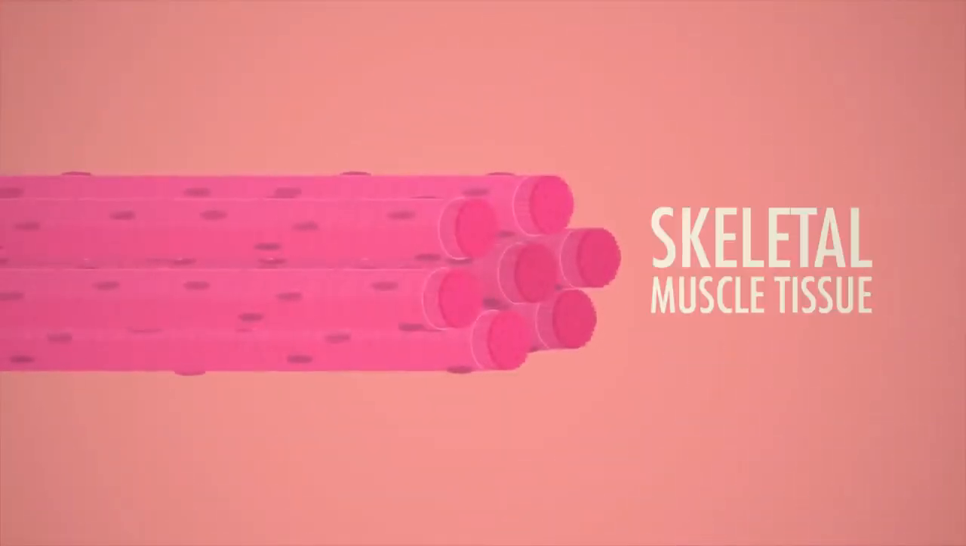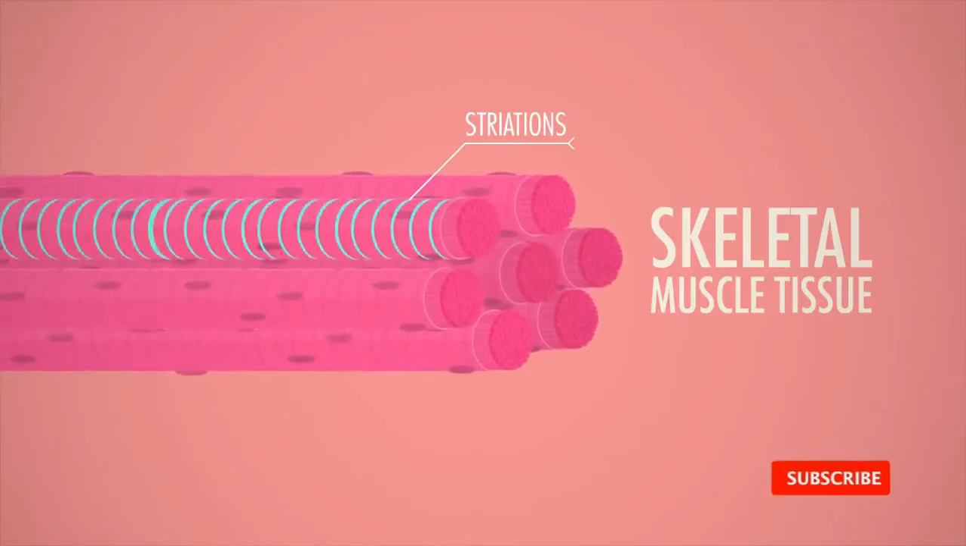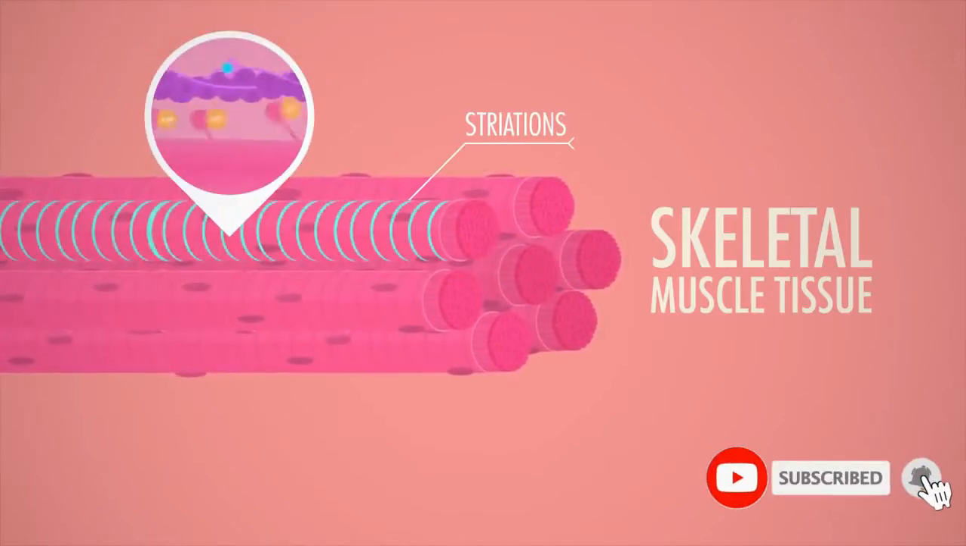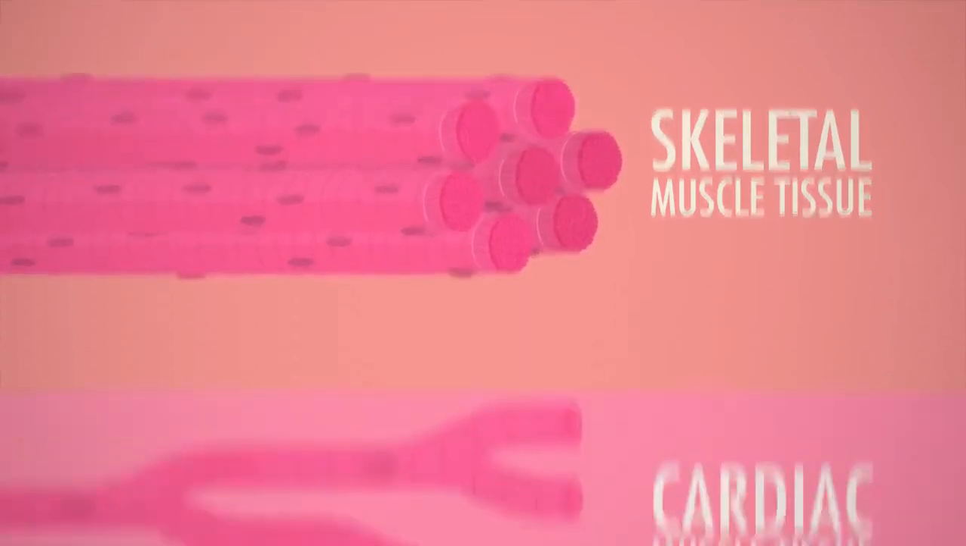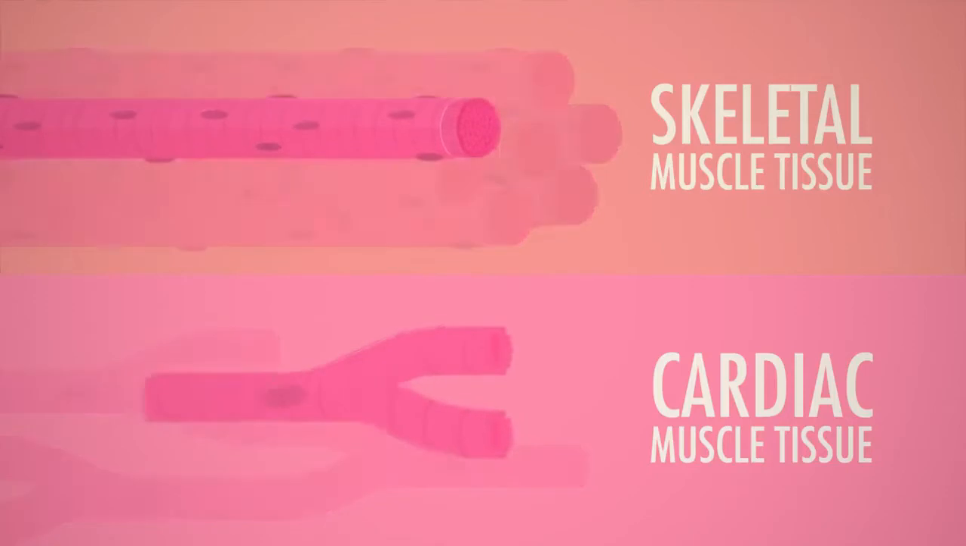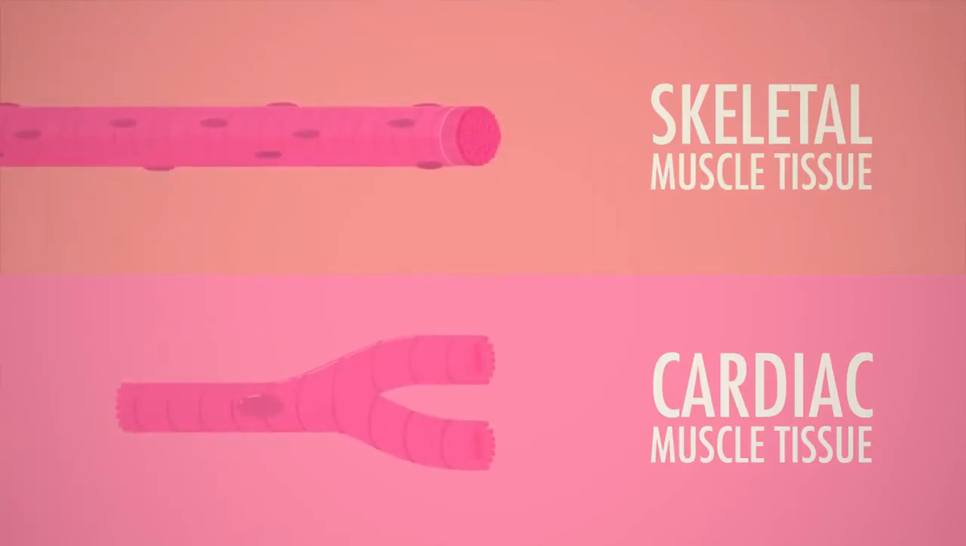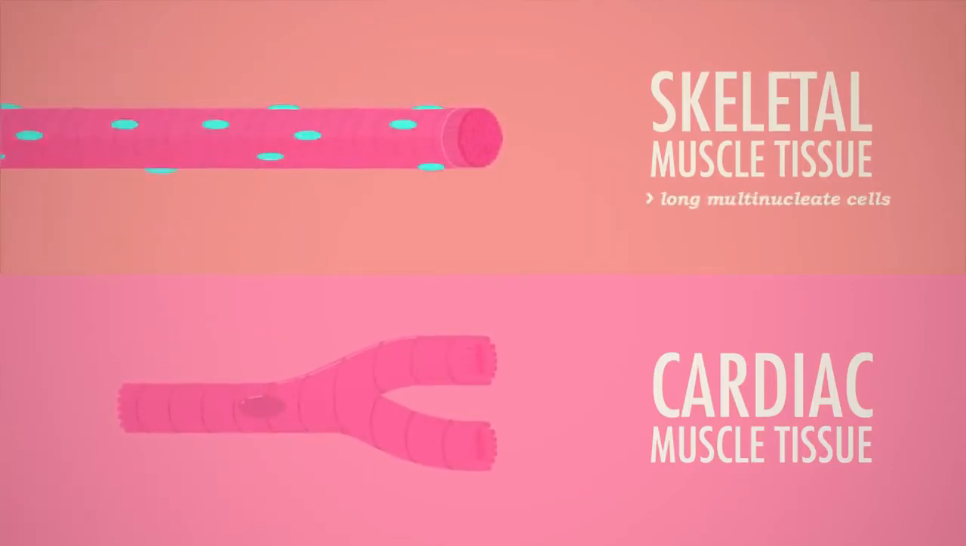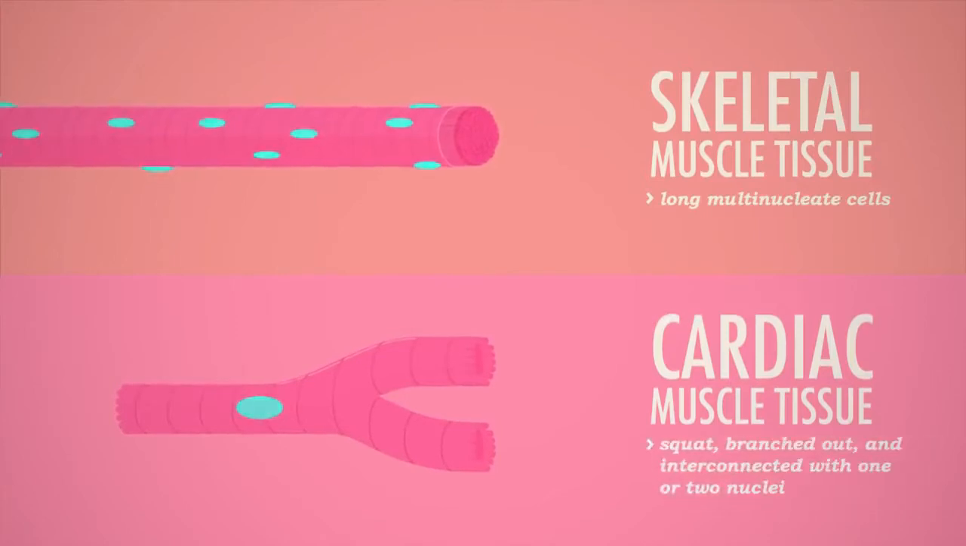Learned a lot about skeletal muscle tissue, how it's striated and contracts using the actin-myosin sliding filament dance you've heard so much about. Your cardiac muscle is also striated and uses sliding filaments to contract, but the similarities end there. For one, their cells look pretty different. Skeletal muscle tissue has long multinucleate cells, while cardiac cells are squat, branched out, and interconnected, each one with one